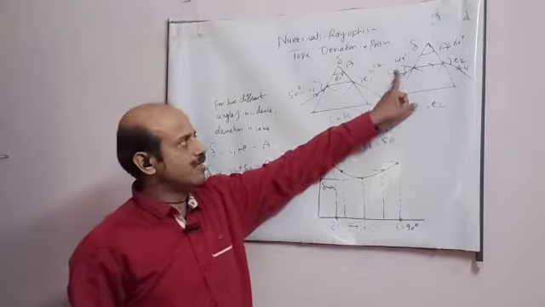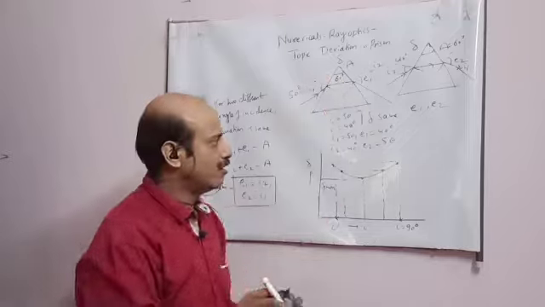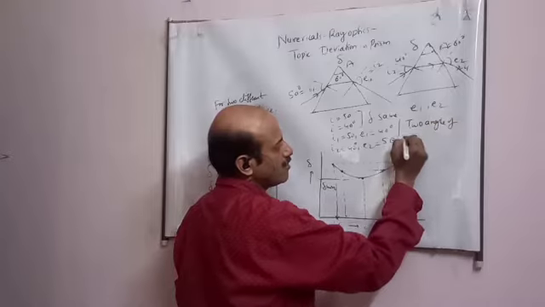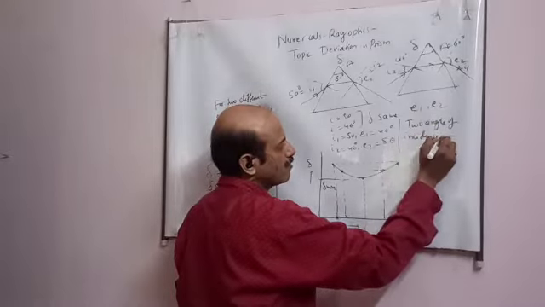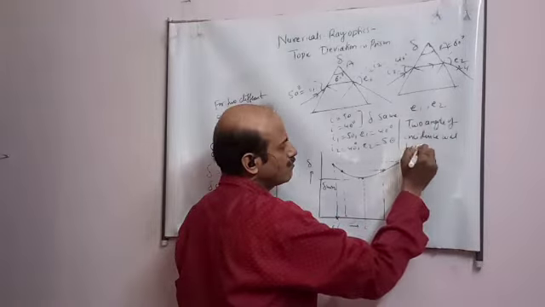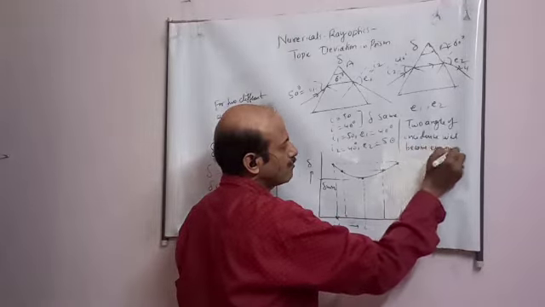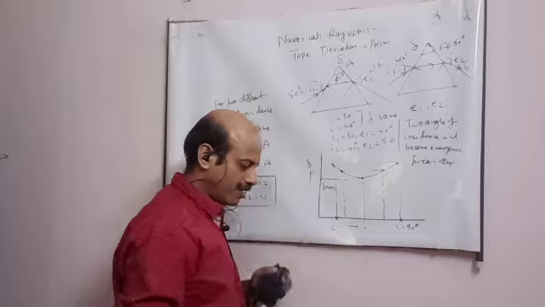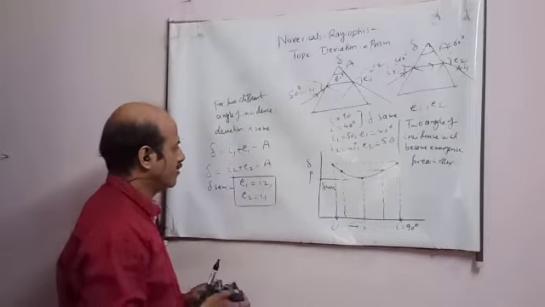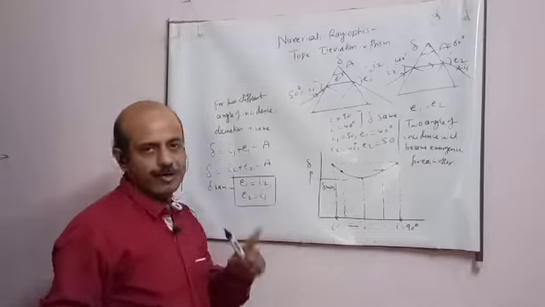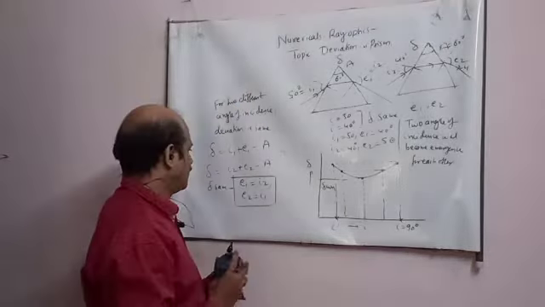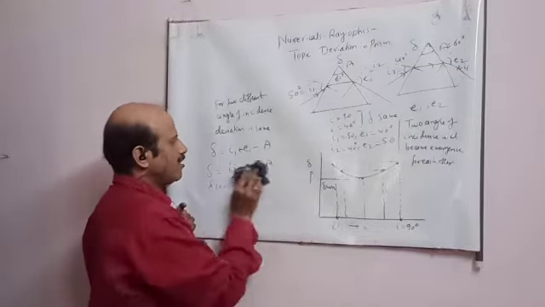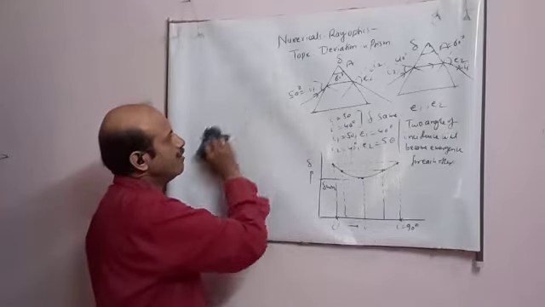Means the two angles of incidence will become emergence for each other. This fact of the numerical you have to remember, student. This is the second numerical. Okay, first I told you about the formula. From this formula you will get one numerical. Second is this. Now third, student, is minimum deviation.